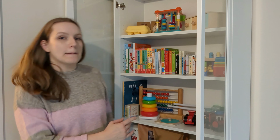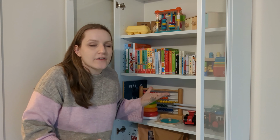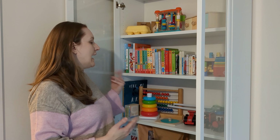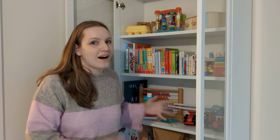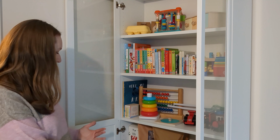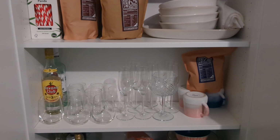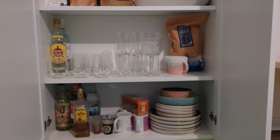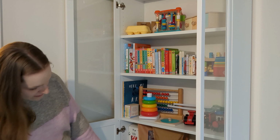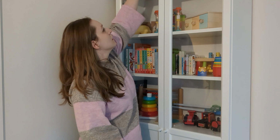Underneath, we actually have my storage of stuff, because this is a kids area, I wanted it to have their stuff on show and look quite pretty. So that's what I've done. And then underneath we have things that we don't use all the time and are quite spare things. So we've got spare coffee mugs, hot chocolate, straws, my serving plates and bowls, fancy glasses, shot glasses, extra mugs, and some alcohol. And then on top we have spare nappies, and we have a box of muslins, and